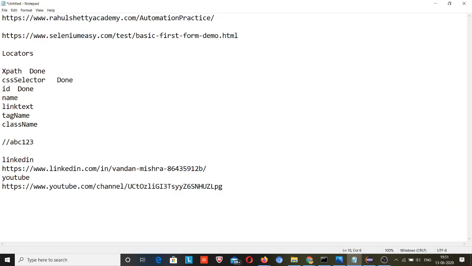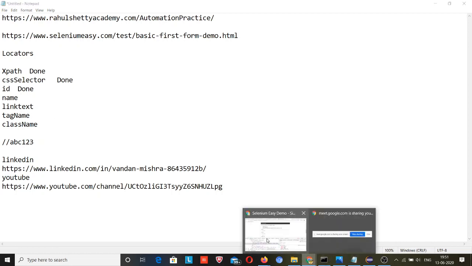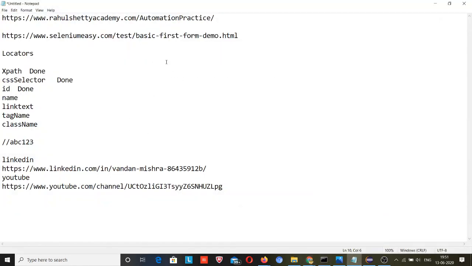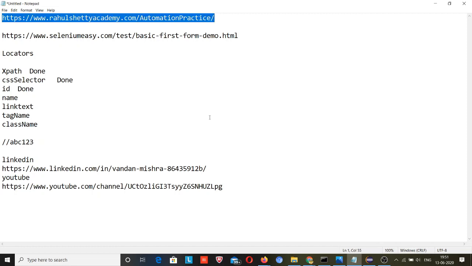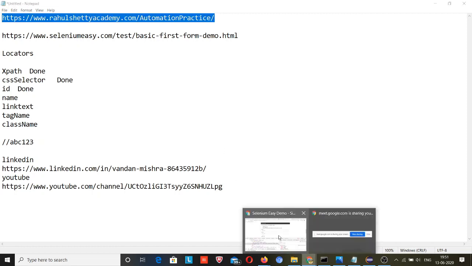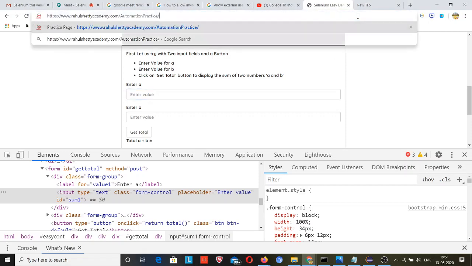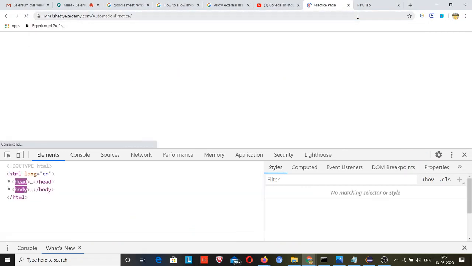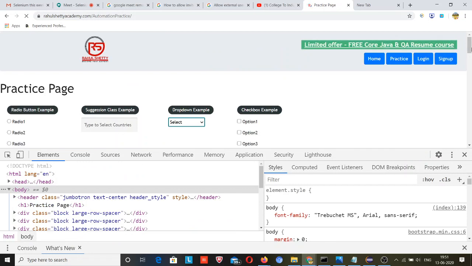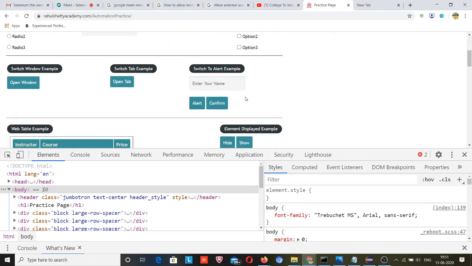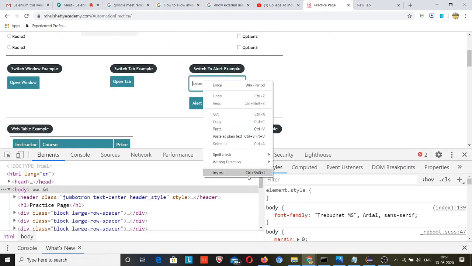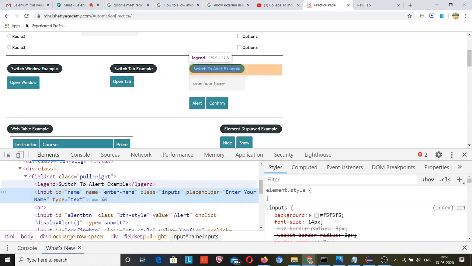So for name, I will try to find some field where I have a name. Let me check this URL to see whether I have a name, so I can show you. Right click, inspect. Okay, so here we have name.